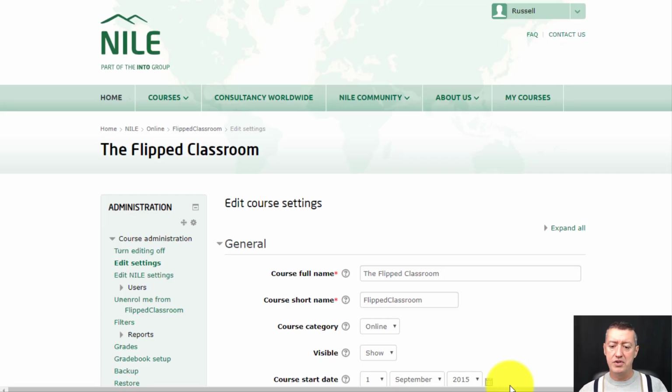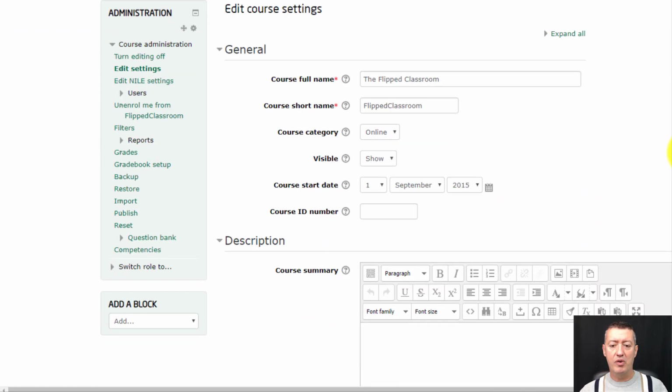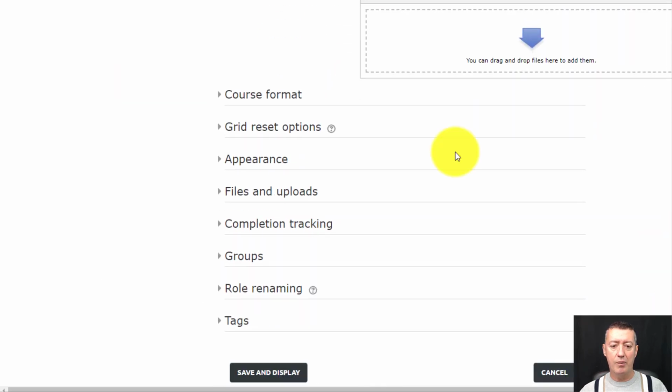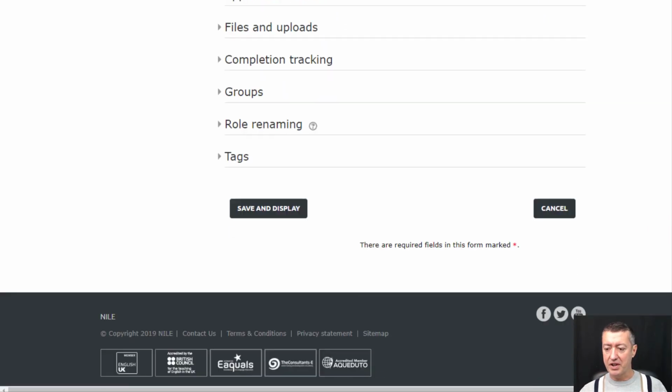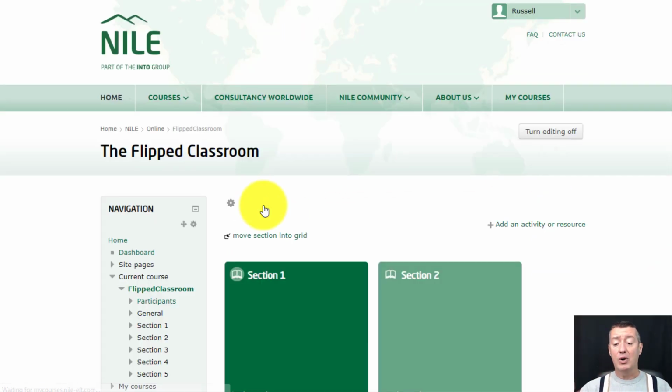Just before I move on to talk about buttons, just a couple of things there with the grid format. In the grid format, again coming down to here to course format, okay, decide how many sections you want. I'm going to have 5, so I'm going to have basically 5 grids, and make sure, sorry, that you go to the bottom and click on save and display so that everything's saved. Okay,